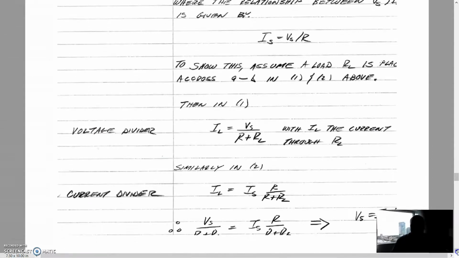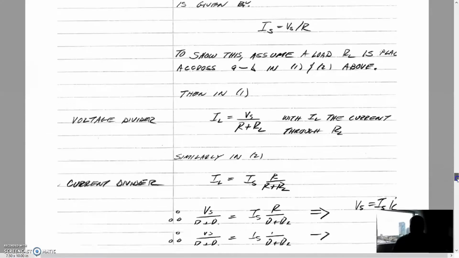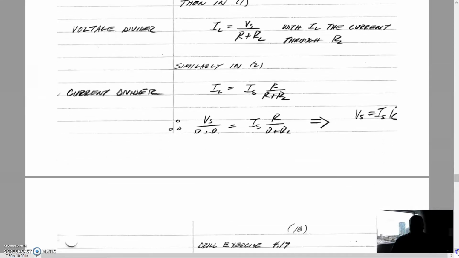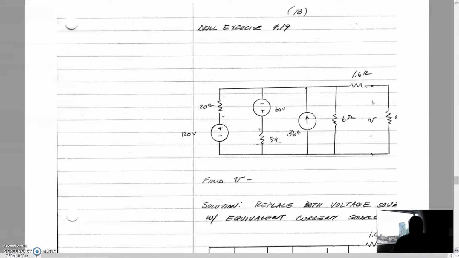Okay, so I'm going to skip the proof of this for you. You can go back and do it later, and maybe there might be a question on the homework that asks you to prove it. But let's just start looking at an example of how we could simplify a circuit with